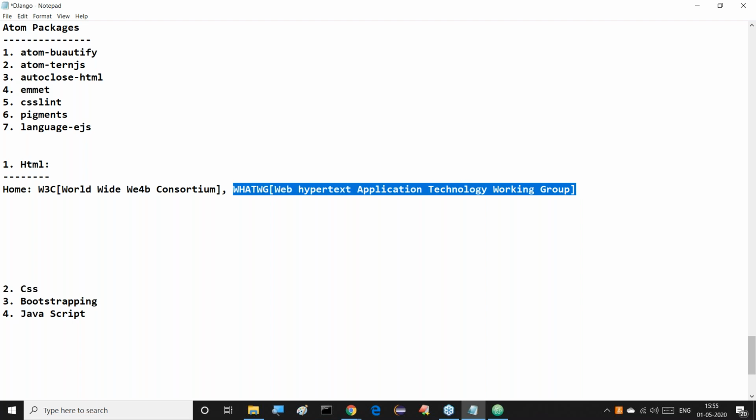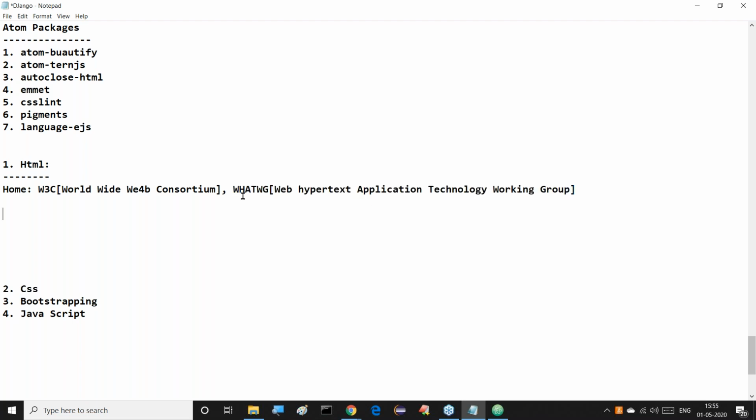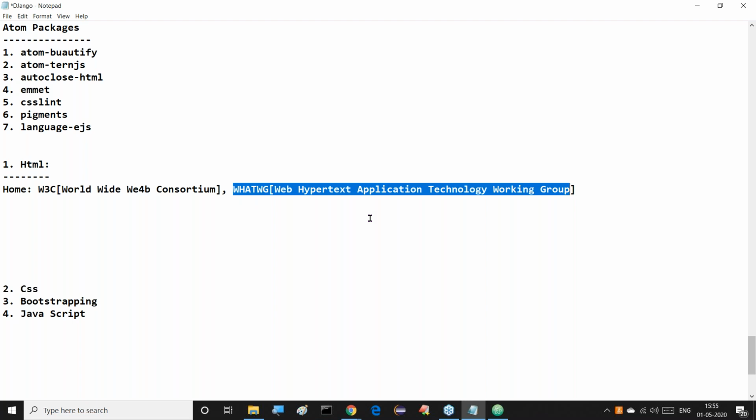Initially, strictly speaking, HTML was proposed by this organization, the Web Hypertext Application Technology Working Group. So the initiation for this HTML was taken by this group. What is this group actually? This working group might be a group of people from different companies.